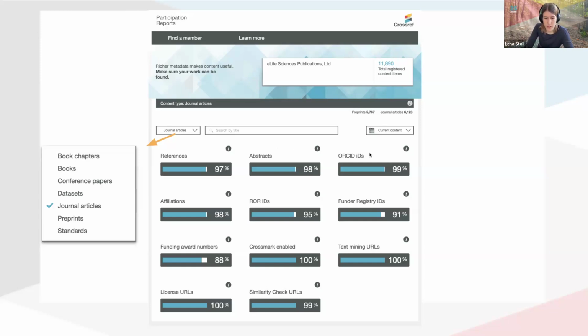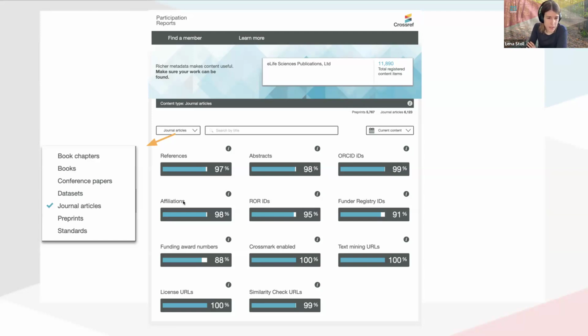By the way, Crossref also has an auto-update integration with ORCID, which means that when an author ORCID ID is included in the metadata of a work, then we as Crossref can send a notification to that author via ORCID to let them know that this has happened. And if they give us permission, then we can automatically update their ORCID record and add this work and any future works to their ORCID record and keep the metadata up to date in there, so that authors don't have to manually curate their own ORCID records and make sure they're up to date. That's why ORCID IDs are important.